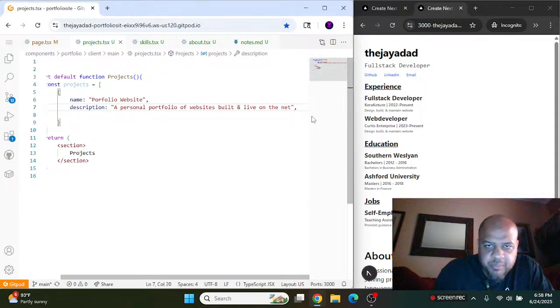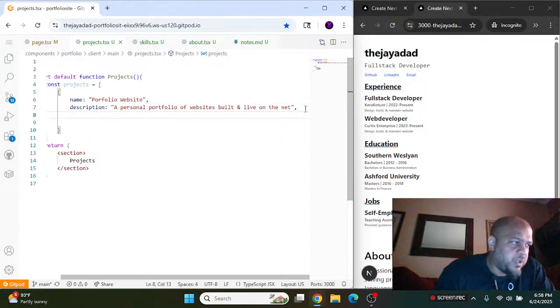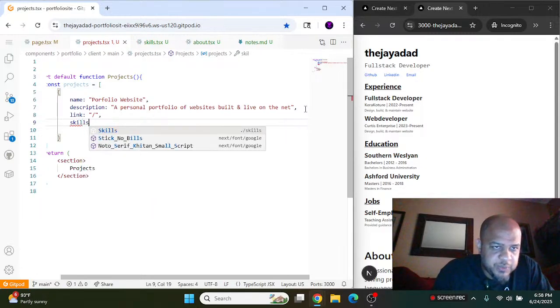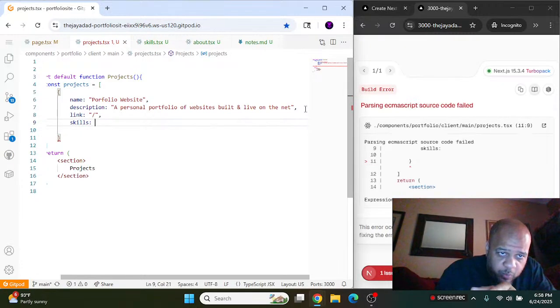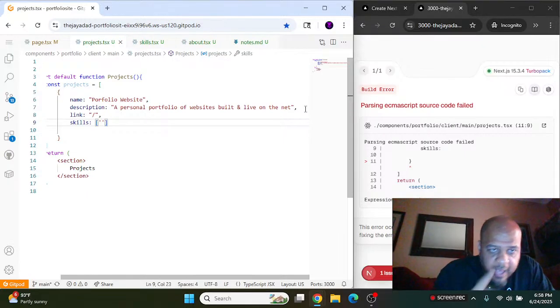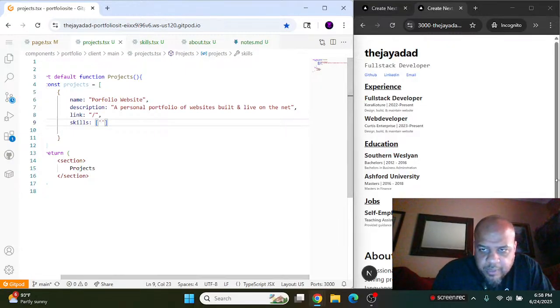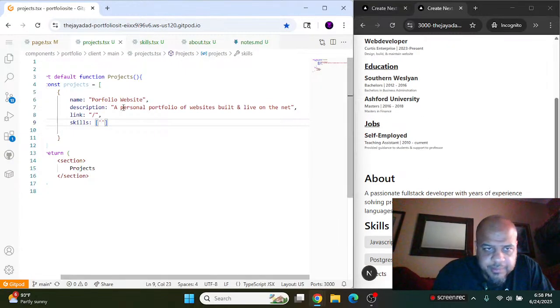Description, all the way misspelled. Then we'll add a link. For right now, I'll just keep it to the home page, but eventually it'll be dynamically entered or dynamically pulled from the database. And then we'll add a key of skills, which will correspond with what we had in the skills section. I think this will say JavaScript,